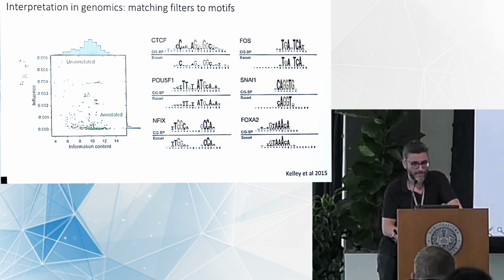And what you can see is that it learns things like FOS, where it gets this TGA spaced in TCA. That's useful for the model for predicting a large compendium of ChIP-seq profiles. Or you get this GTAAA. It's useful for predicting some of these large set of profiles. So this is one way that people have tried to interpret